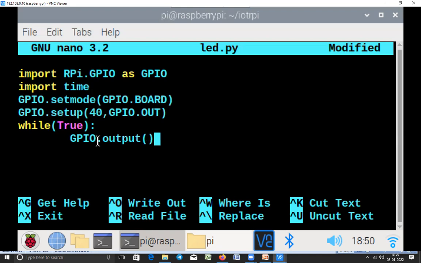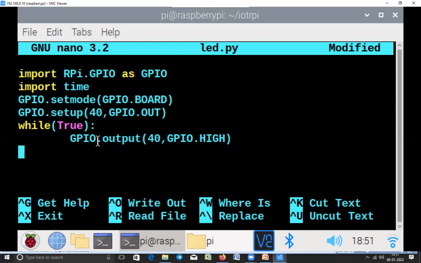This will send output, high signal or low signal. It requires 2 arguments. One is pin number, that is 40. And then you have to specify whether you want to produce high signal or low signal. So I want to produce high, GPIO dot high. Now the pin number 40 will give you 3.3 volts output.